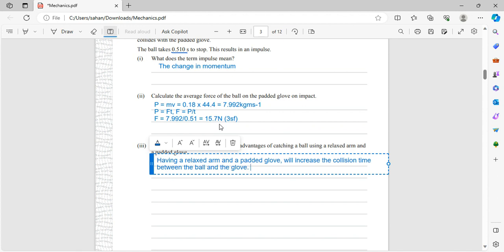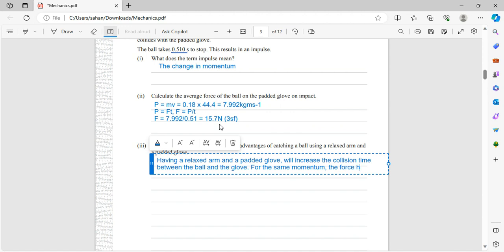Okay? And then you have to say, for the same momentum, and this here is very important. You have to realize that whether he wears the glove or not, the momentum is the same. And that is because the mass and the velocity don't change. The only thing that's changed is the glove. Nothing else has. So for the same momentum, and you can talk about how the mass and velocity don't change in brackets. I've just told you to say it, I'm not going to actually write it. So you're going to say, for the same momentum,